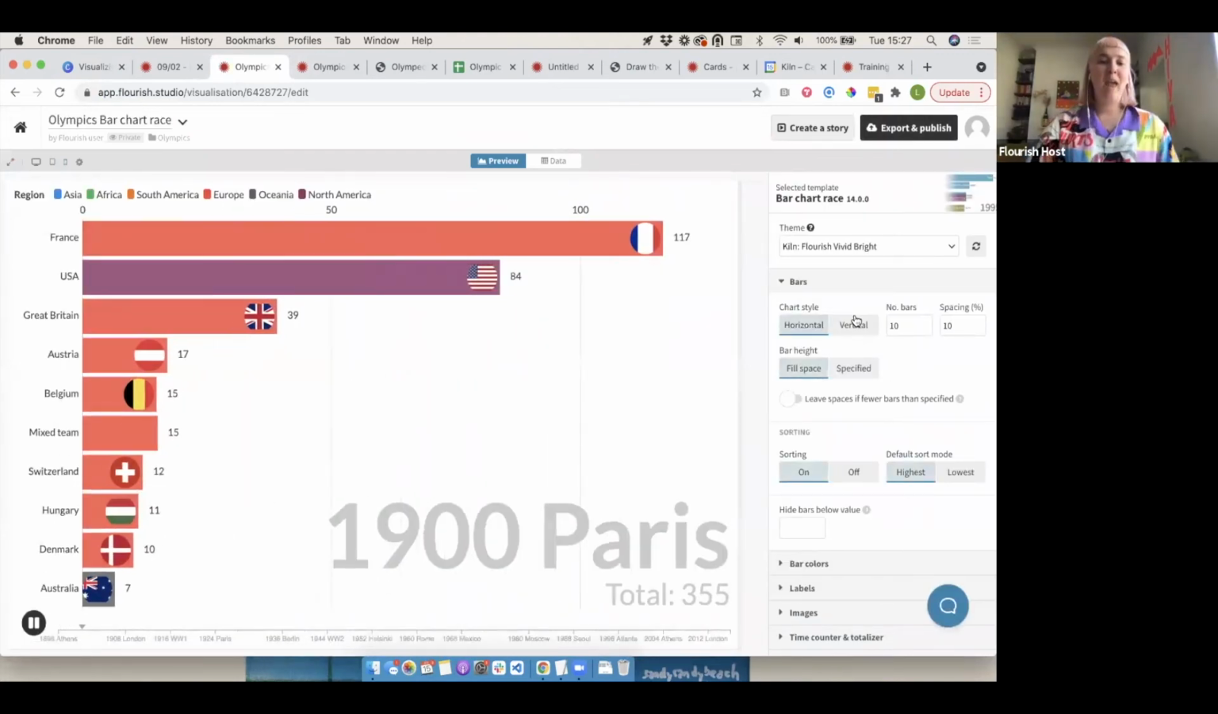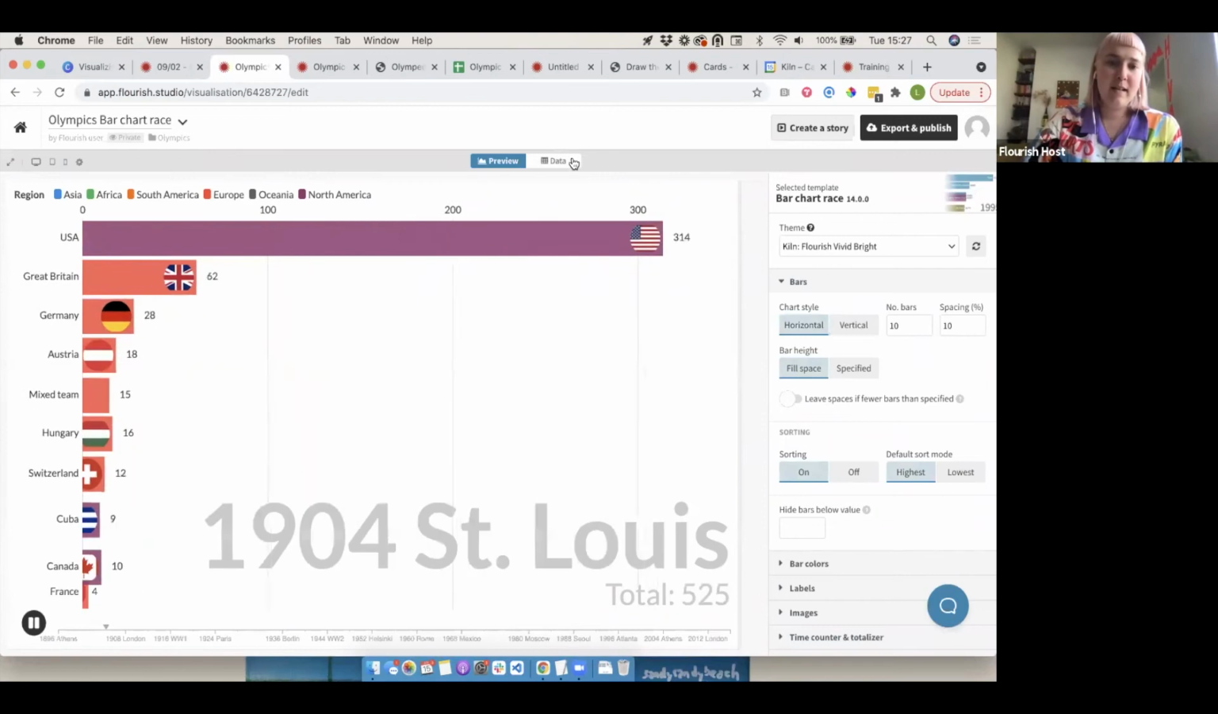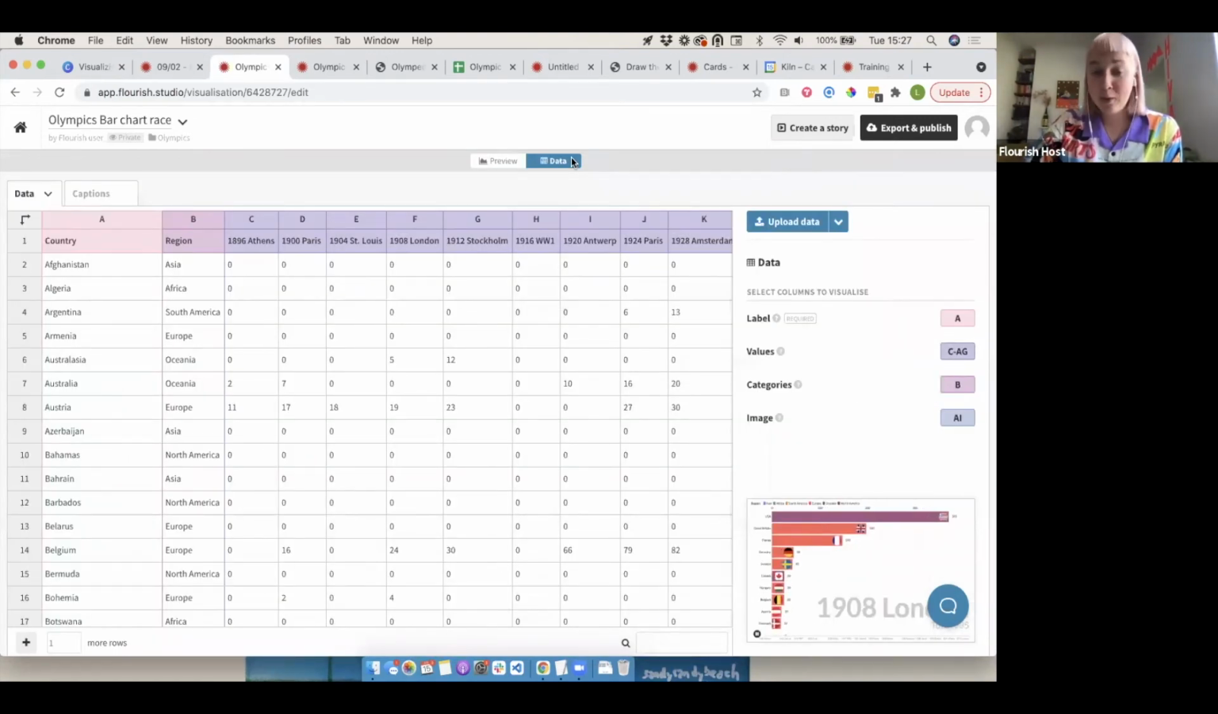There we go. Our bar chart race, look, the data tab looks like this. So you will want to make sure that you have a column for each row of data. This is what we call a wide data format. And what's also important in this case is that your data is cumulative. So for example, in Austria here, we have